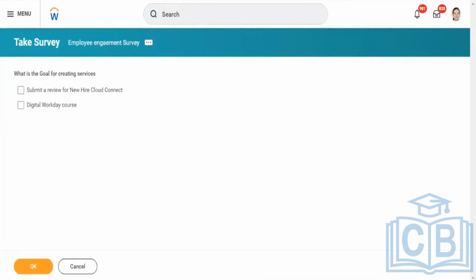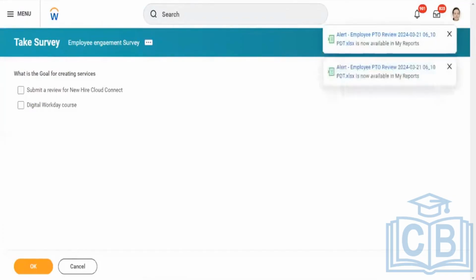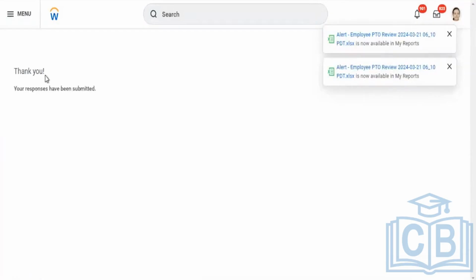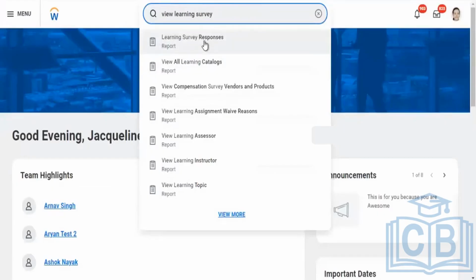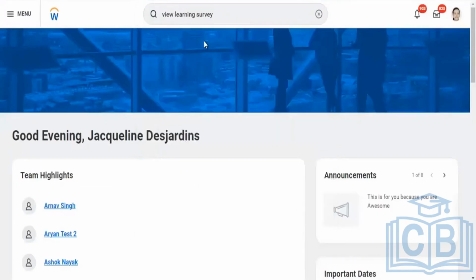Where can we access the answers given by the user? We have the survey link, and once they've been submitted, now if I go to that, you can see the learning survey responses.